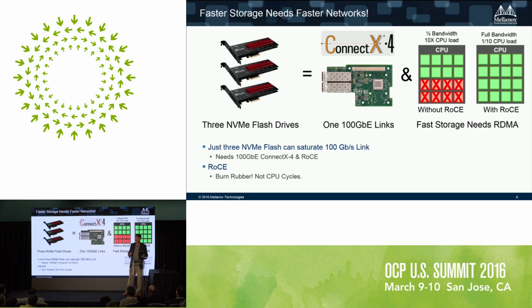They got half of that. And what was really interesting is when they looked at why, it turns out that the CPUs were completely maxed out. They were at 100% CPU utilization, trying to move the data. And so they couldn't move the data as fast as this 100 gigabits. So not only do we give you the full line rate, but we actually give the CPU back to you,